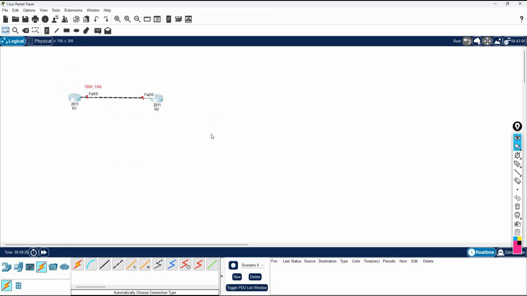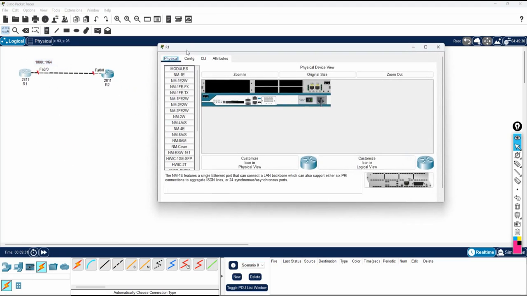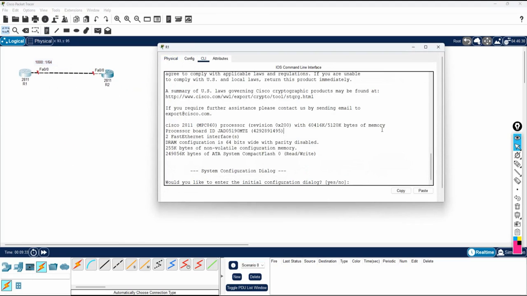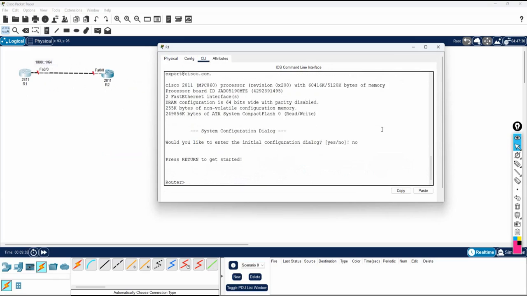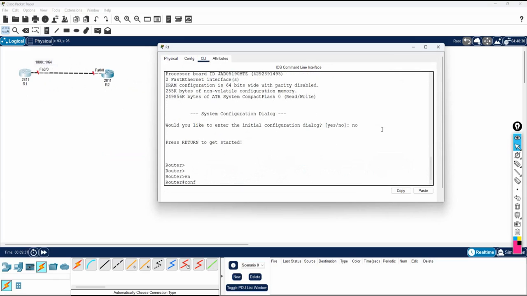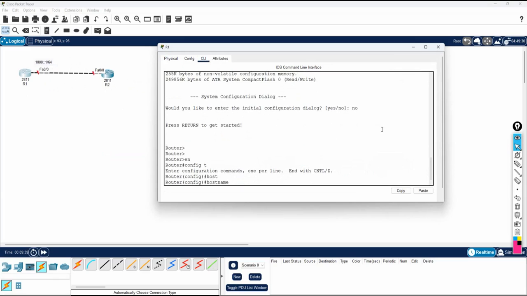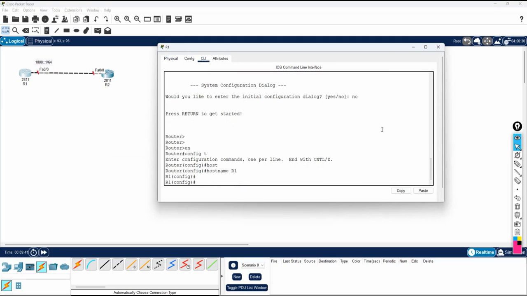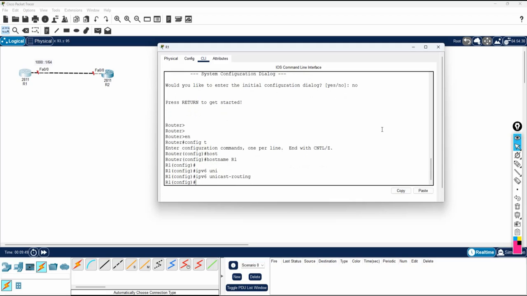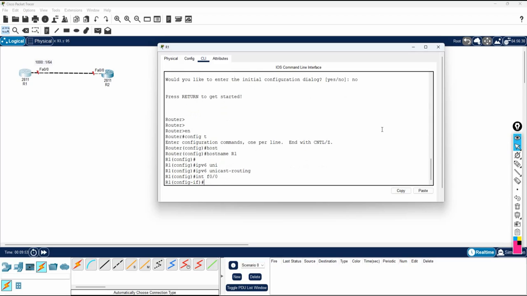Now I am doing it directly in the router itself. You are familiar with how to do this from a long time, so no need to write it in the notepad. I can do it directly. Just write enable, config t, then change the name of the router, hostname R1, and then ipv6 unicast routing. You need to write this, and then go under the interface F0/0, and you will write here